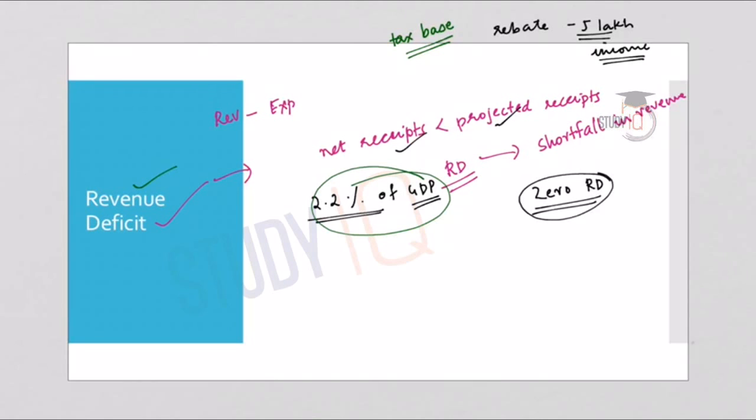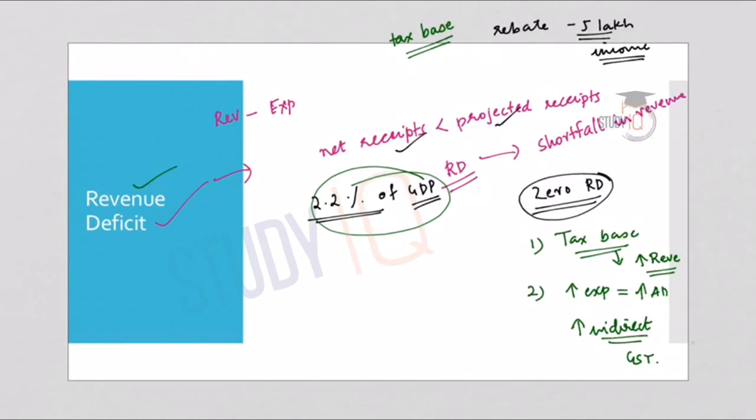But there is another side to it as well. Suppose the tax base increases, that is, the number of taxpayers increases. This can bring an increase to the government revenue. Also, when there is an increase in expenditure by the public, or an increase in the aggregate demand by the public, this will bring in more indirect taxes to the government in the form of GST. When consumption increases, the tax collection in the form of indirect taxes can also increase, thereby bringing in more revenue for the government.